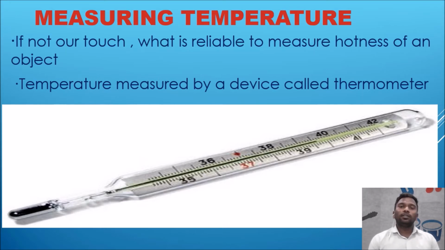So when it has a high temperature, automatically heat transfers from that particular body to another object which is in contact. This is the way heat energy transfers from higher temperature to lower temperature. With a physical touch we can guess whether it is hot or cold, but it is not the exact measure, right. So then what is the exact measure? Is there any device to measure the temperature of an object? Do we have any device like that? Do you know what it is?